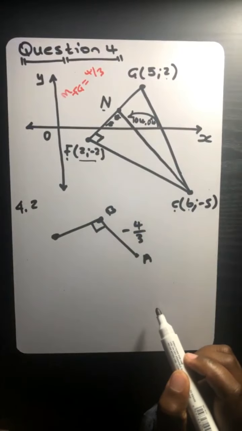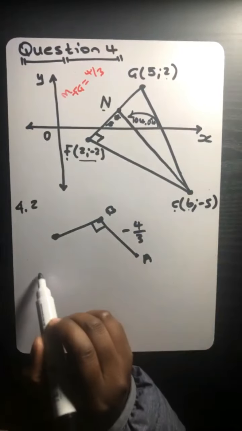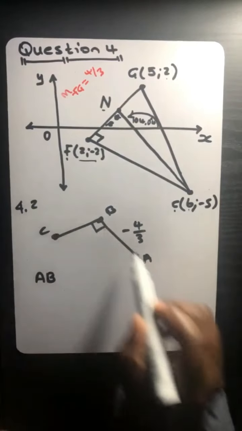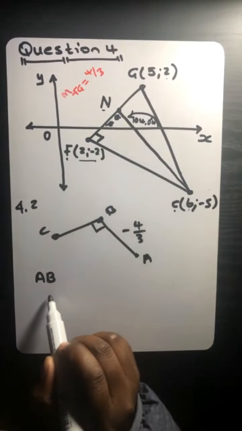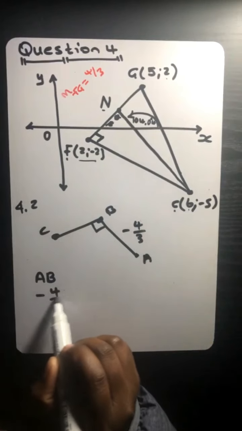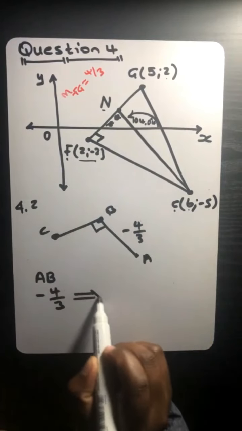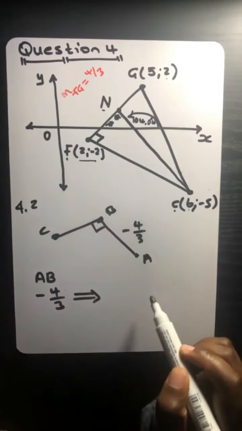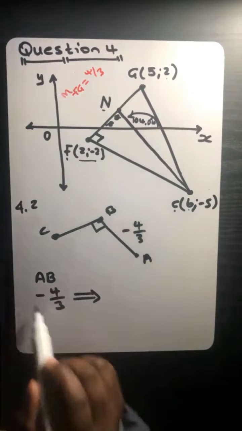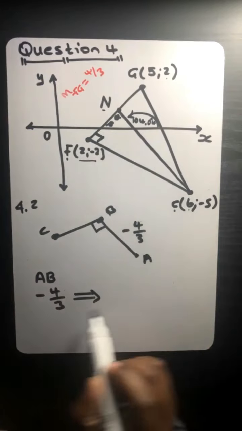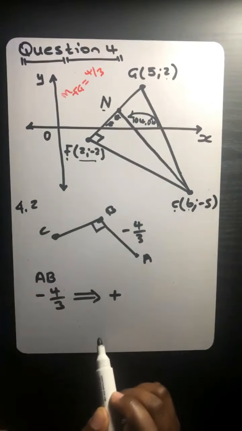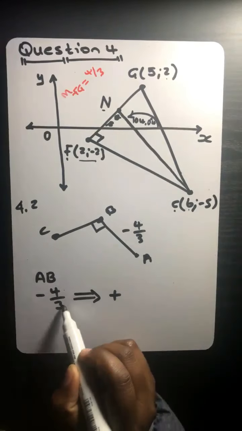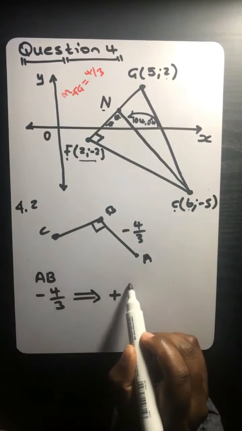So what I'm saying is, if the gradient of AB is equal to -4/3, that means the gradient of the line perpendicular to AB, I just look at this, I write it in the opposite sign. It means it's going to be positive, the opposite sign. Then again, I write that at the top, this at the bottom. So that means this is